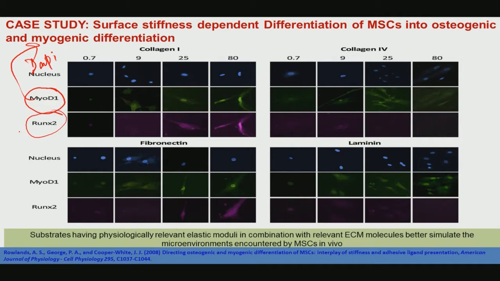So, ALP and RunX2 expression takes place in the early stage of differentiation, whereas osteocalcin expression takes place at the later stage of differentiation. So, at the early stage of differentiation, certainly RunX2 is expressed, and you can see how they are expressed and how the signature of this